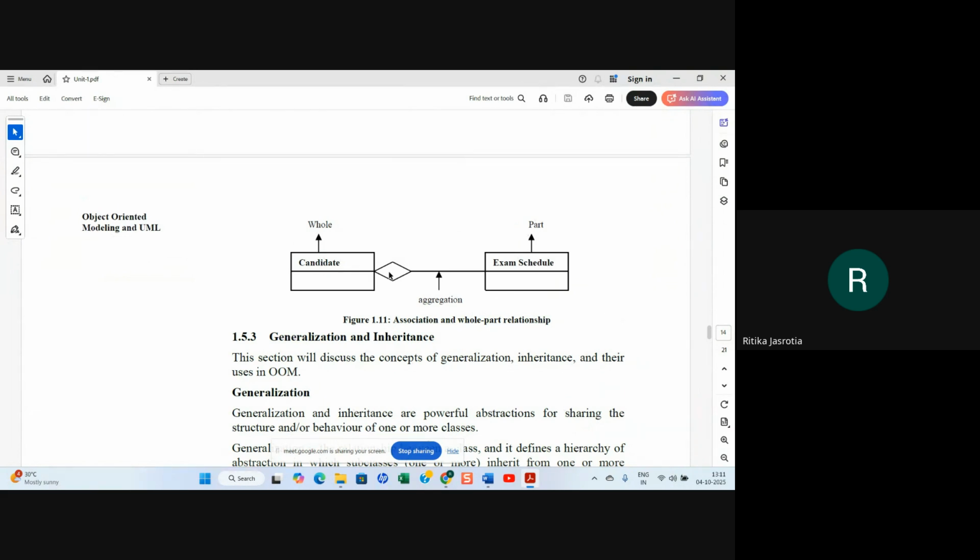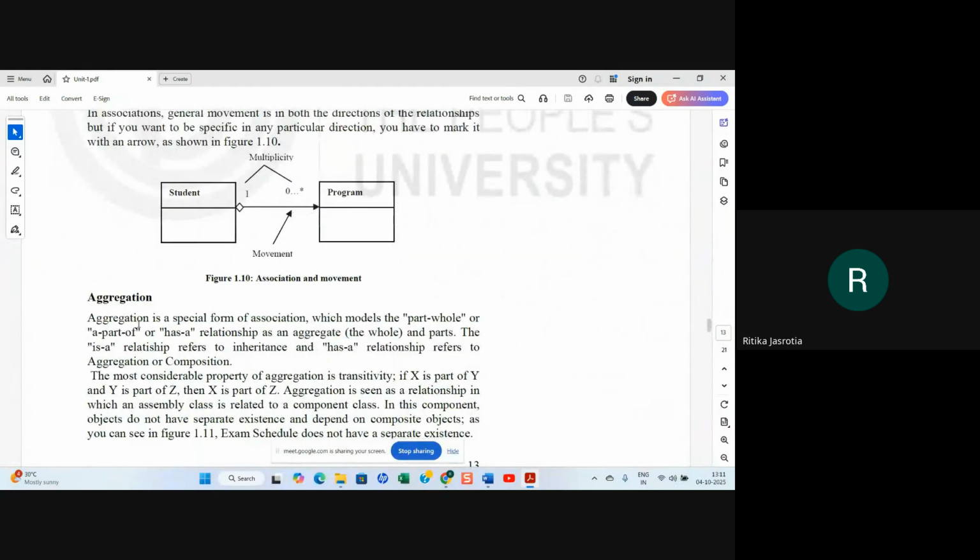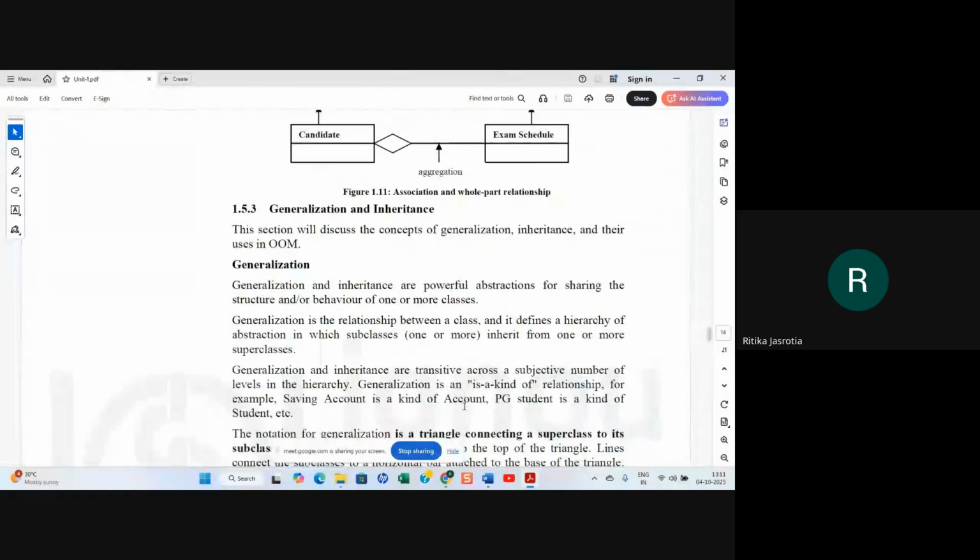And in composition, this diamond will be filled. A dark, black colored diamond will be there. If composition is there, full dependency is composition. So you have two, aggregation and composition. So composition is not aggregation. Aggregation is a whole-part, or is-part-of relationship. But composition is a completely part-of relationship. If completely without that class, the other class will not be there, then it is composition.